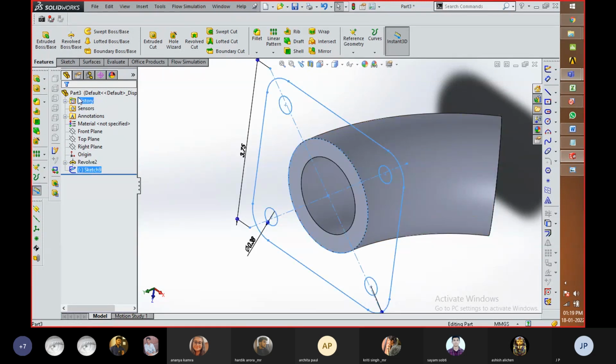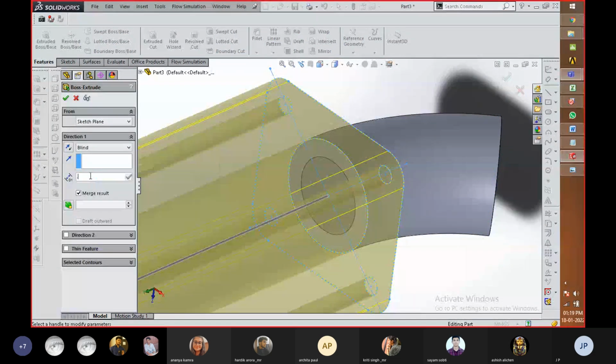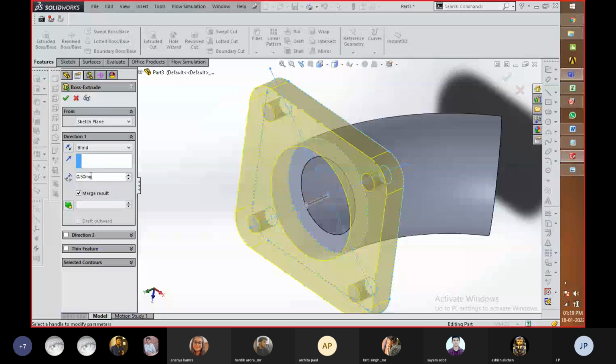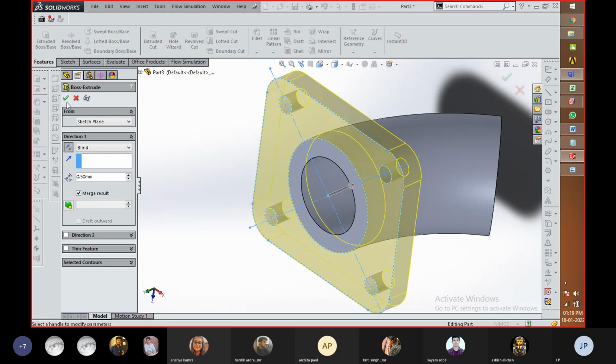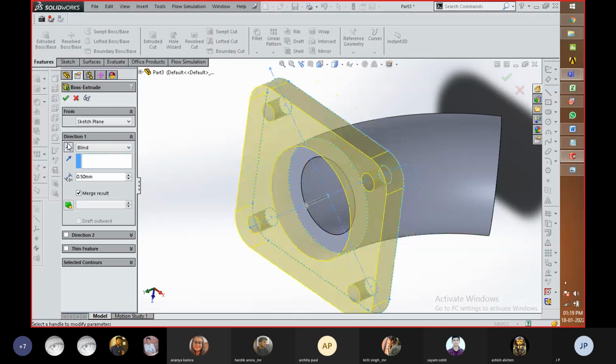We are going to add material within that. What is happening actually? That's actually what is happening.